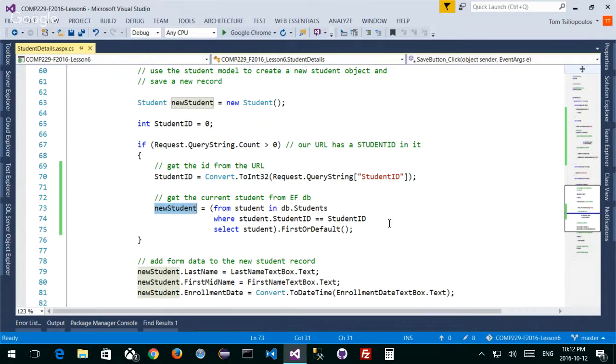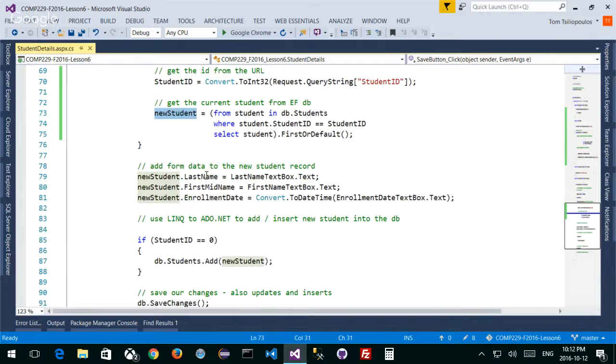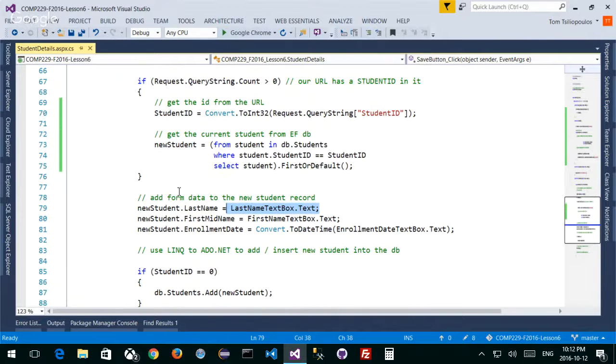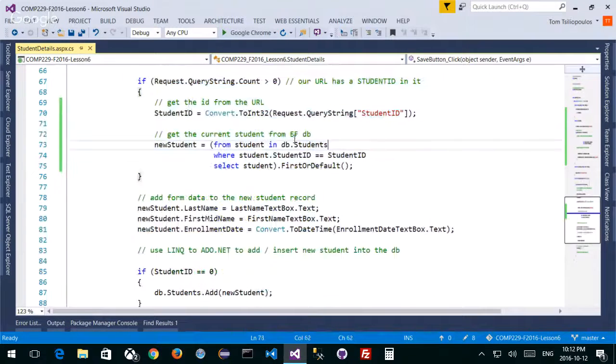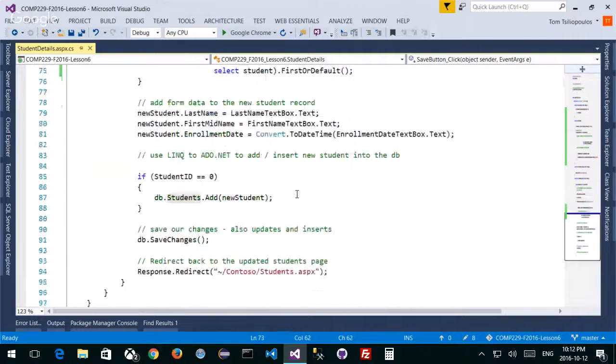That's the updated student. And once I've got that reference, I'm going to assign the data from the form, just like normal when I add a new student. But this one, without going through this piece, just creates a new empty student, right? That's all it does. This piece gets a reference to the student that already exists. And then